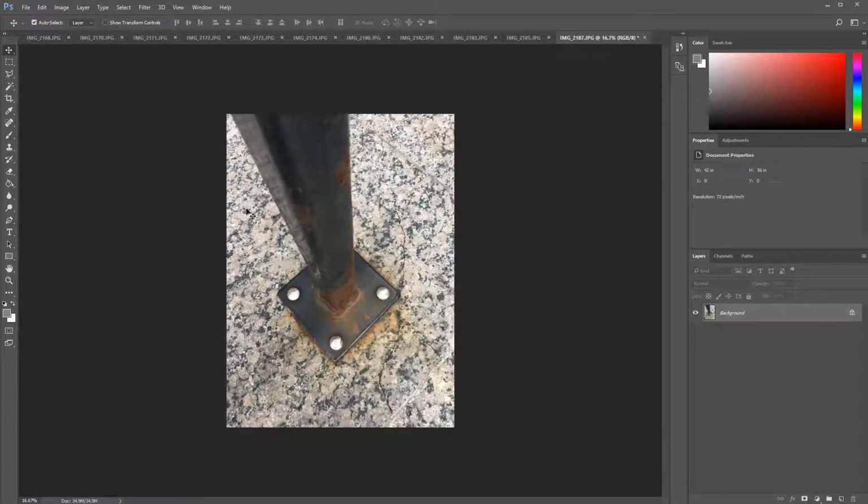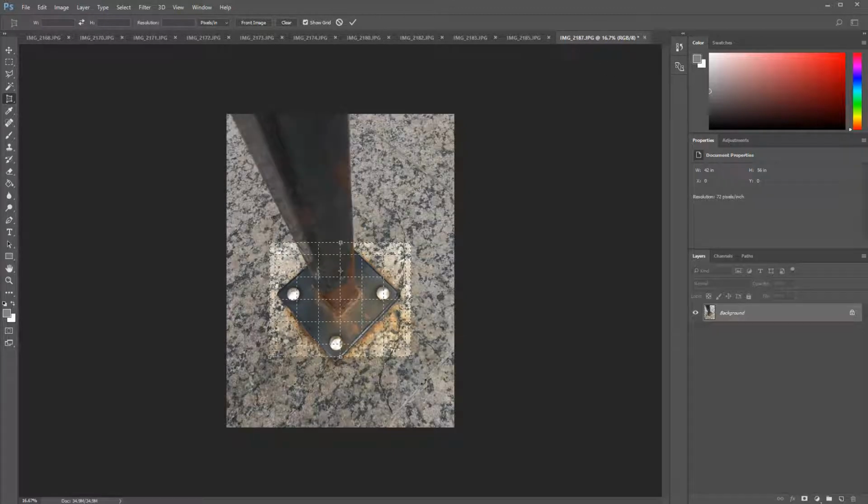Okay, so the first thing that I like to do, if I'm going to try to extract alpha or masking areas of what I have here, is I usually like to come in here and do my best to kind of flatten the perspective out of what it is that I see. So one of the really cool tools you can use for that is called the Perspective Crop Tool. So I'm going to go ahead and click on that. And I'm using the 2187 file here, and I'll just go ahead and drag out a perspective, and I'm going to put this into areas that I know are the four corners. So I'm going to kind of get that going,